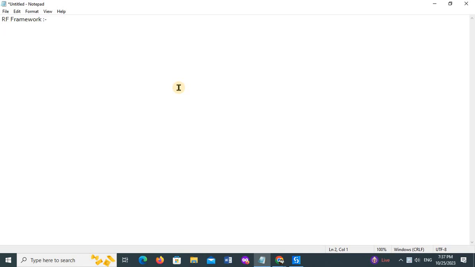There are two ways, like RE and framework. So what do you mean by framework? Framework is an inbuilt activity, or you can say it's an inbuilt template. So for example, if I want to design something, if I want to present something like a PPT, PowerPoint